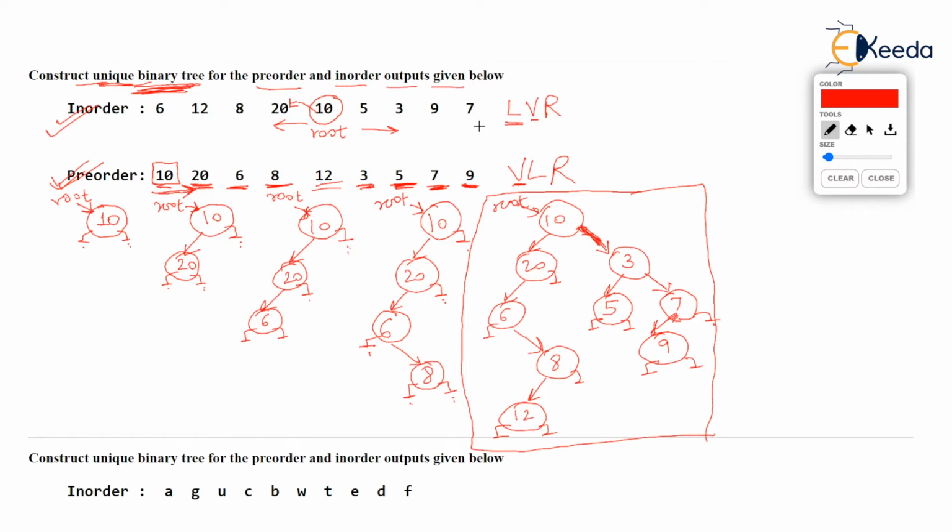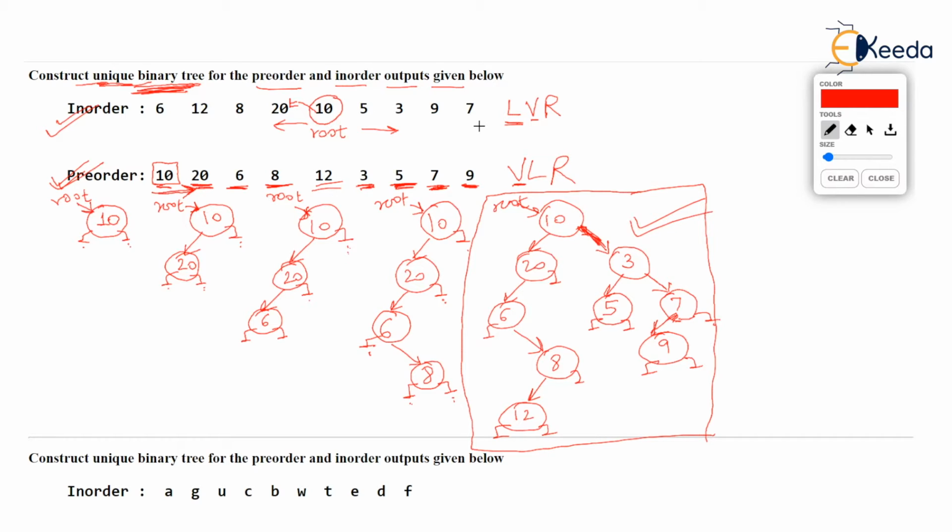You will get sorted output if you do in-order traversal of a binary search tree. But when you don't follow the less than, greater than rule while storing the values, as you saw in this binary tree, it is a general binary tree. Then the in-order output won't be in increasing order, isn't it so?